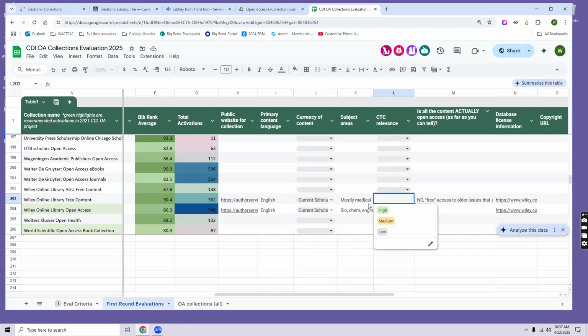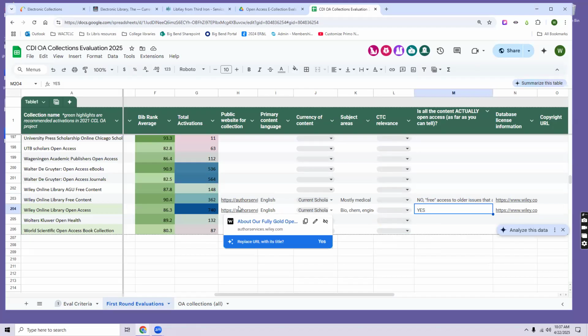And all of these fields are optional if you're doing this for any of us. And then, is all the content actually open access? And this was something that I determined by going to the public website and just looking at some of the journal titles and portfolio information. I didn't do significant